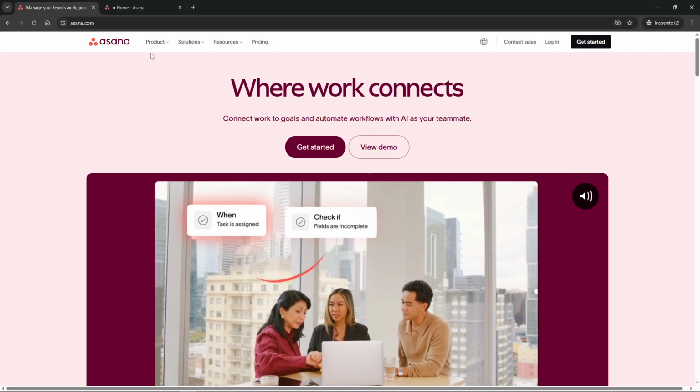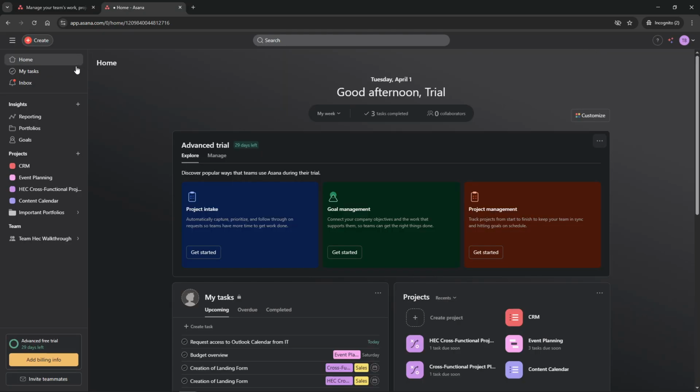Head over to the Asana website at www.asana.com. If you already have an account, simply click on Login. If you don't, you can easily get started by selecting Get Started or Try for free. Once you're in, you'll find yourself on your dashboard, and from here we can dive into our first method of